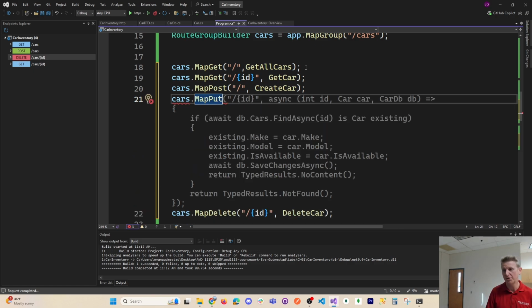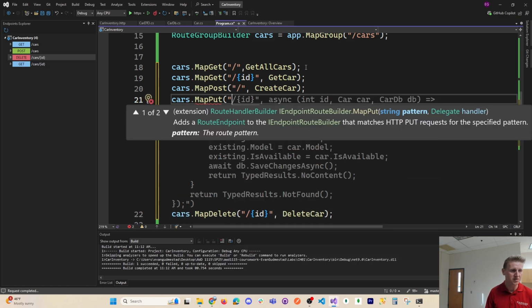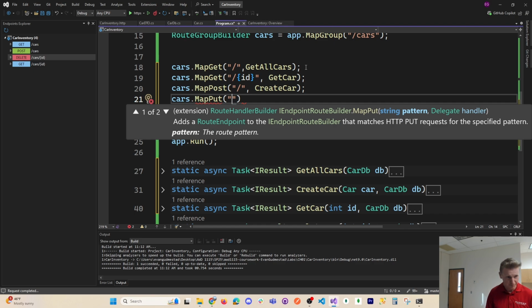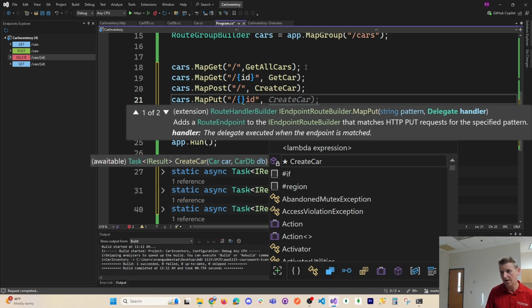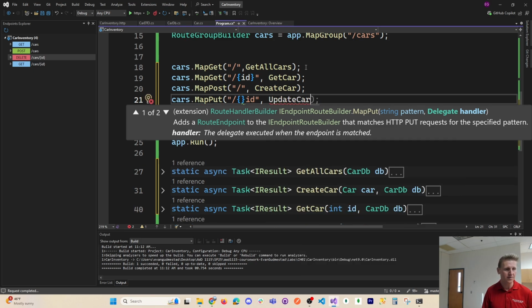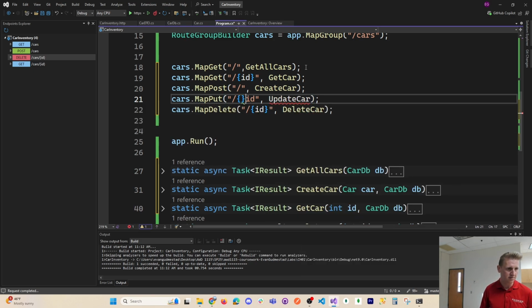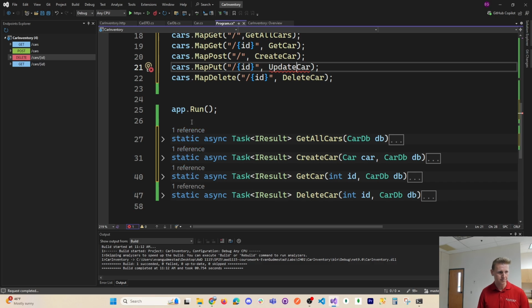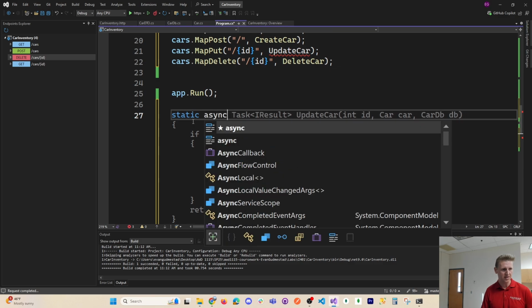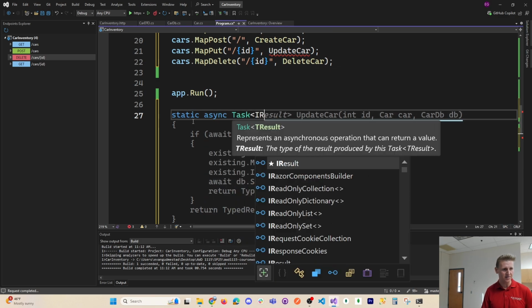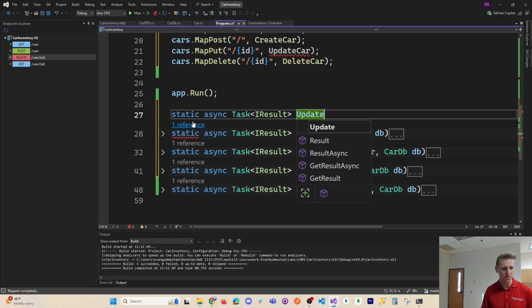Okay, now put is what's used for an edit operation. And we're going to update a car by its ID. And this will be update car is the function that we call. Let's put that variable inside of the curlies. Let's create the function update car. Static async returns a task of IResult update car,